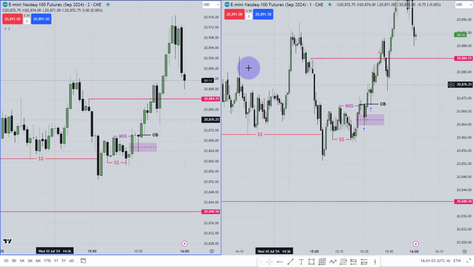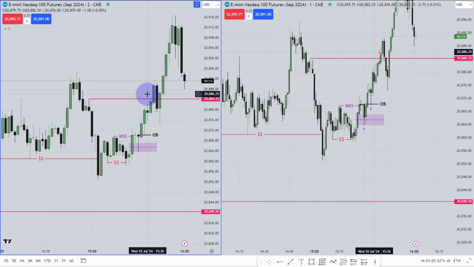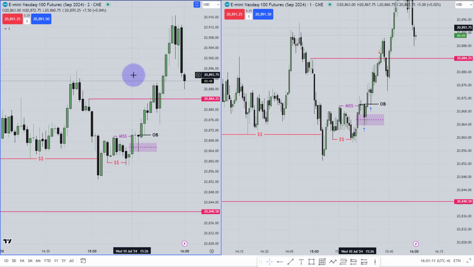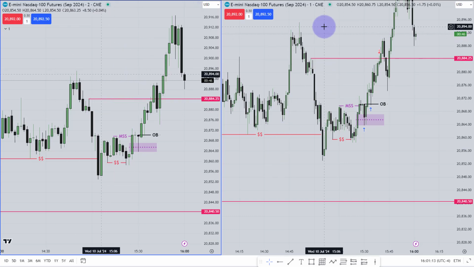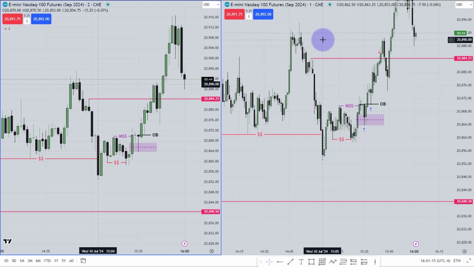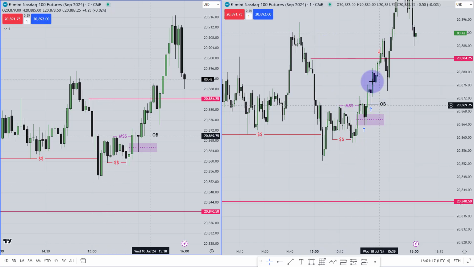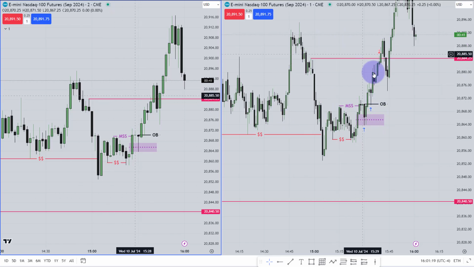You can see I didn't even use the 15-minute chart over here. This is not the first time. I keep telling this. On Wednesday and Thursday, you don't even need the 15-minute chart when your trend is confirmed, whether it is a bullish trend or a bearish trend. How I identify my trend, I have already shown it to you.